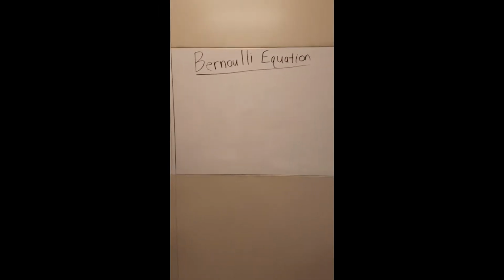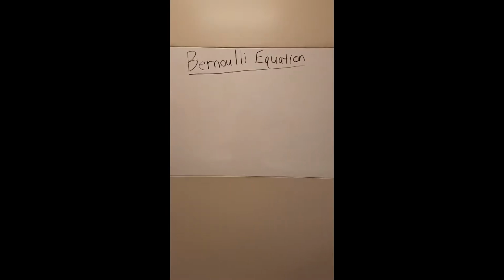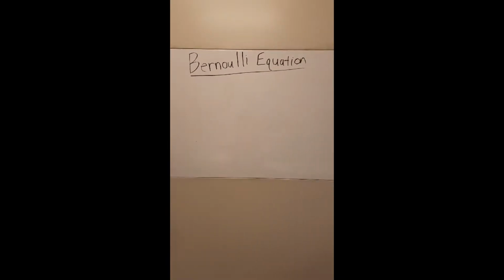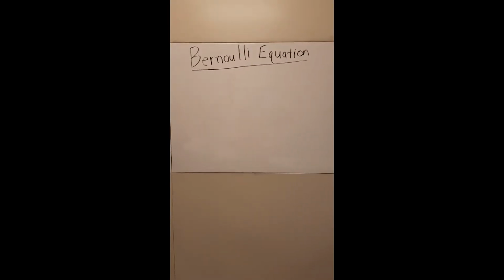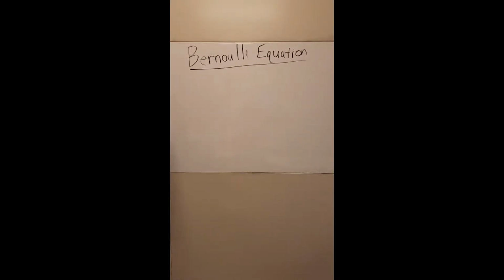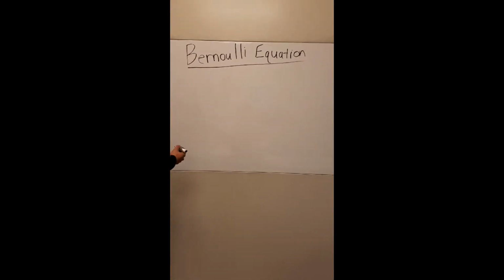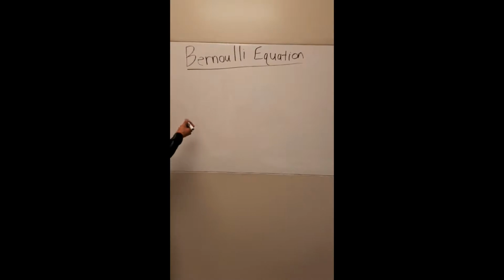The Bernoulli equation can be considered to be the statement of the conservation of energy principle appropriate for flowing fluids. As seen in the airplane example earlier, the qualitative behavior behind the Bernoulli principle is usually labeled with the term the Bernoulli effect, which is a lowering of fluid pressure or air in regions where the flow velocity is increased. So the top side of the wing versus the bottom side of the wing will create a lift, as we'll talk about later. But Bernoulli's equation is essentially the energy per unit volume before is equal to the energy per